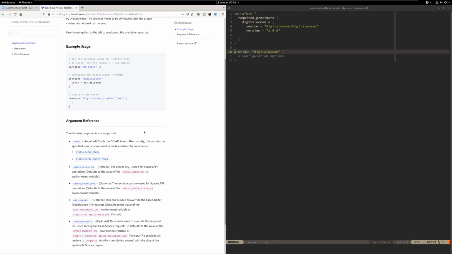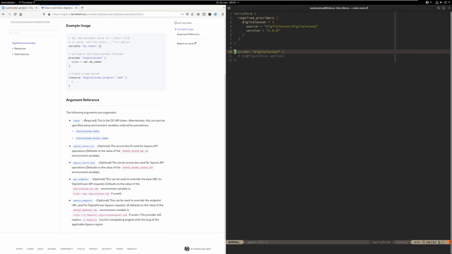And the way it does that is we use this provider block here, and we're going to pass some configuration options inside the provider block in order for Terraform to interact with DigitalOcean. These are all of the arguments that this DigitalOcean provider block takes. It takes a token, a spaces access ID, spaces secret key, API endpoint, and spaces endpoint. Out of all of those, only one of them is required, and that's the token. And you can read what it says. This is the DigitalOcean API token. This can be sourced with the following environment variables. So we need this token